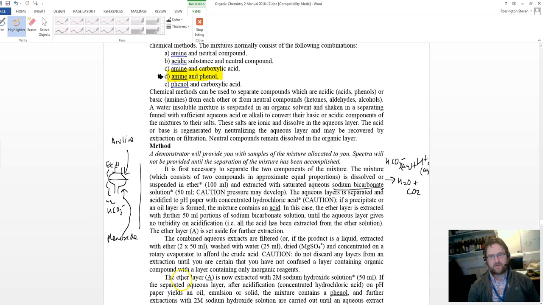So all you had to do then was make decisions about what this sheet is trying to tell you. You didn't have to follow all of it. The top organic layer, once you put it to one side, you could then put back into the separating funnel, wash with some water and some brine and rotary evaporate down and recover the aniline. The bottom aqueous layer, you would then run that off into a beaker. You would move it to pH below 7